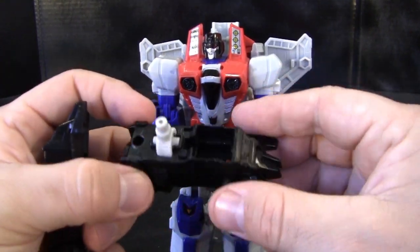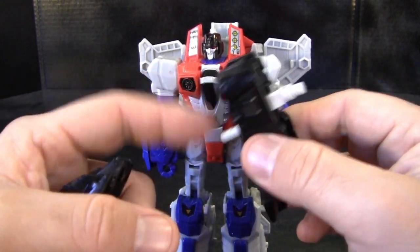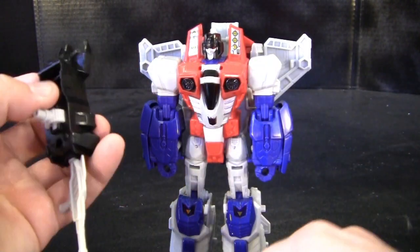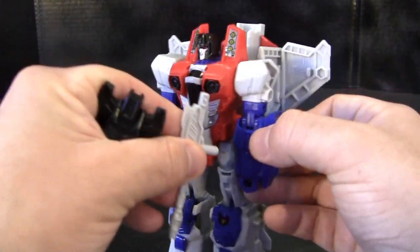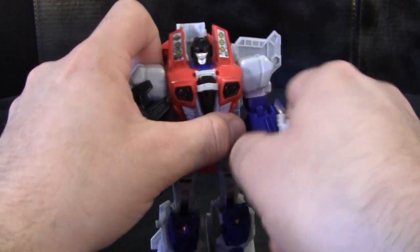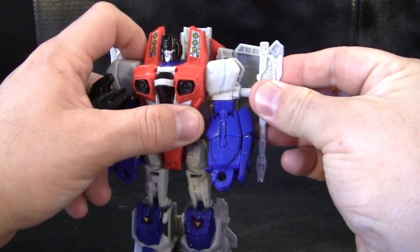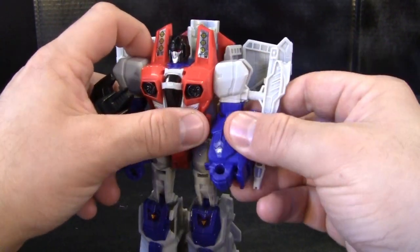You can see the little feet that you put on some of the other combiners to form Super Starscream, and he does come with his extra little guns right here. You can fit either one of his guns in his hands, so it could be dual-wielding pistols if you want to, or you could fit them right here on the side, but when you try to fit this one gun in here,